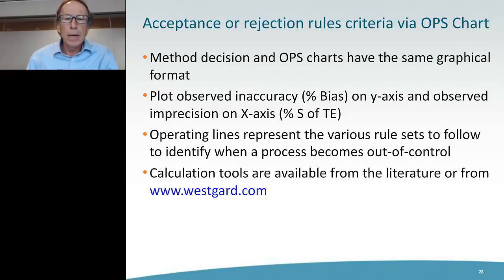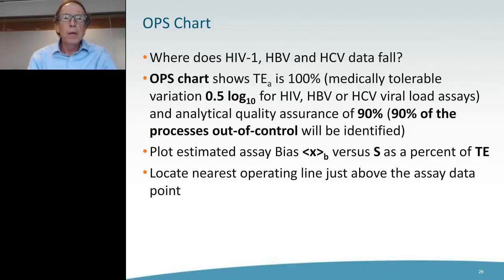And then the operating lines represent the various rule sets to follow to identify when a process becomes out of control. If you go back to one of my earlier comments, is that out of control from normal biological variation, or is that out of control due to assay drift or reagent lot change? Or is it a completely true assay and it's just normal variation, or the patient is undergoing some sort of therapeutic response? Now, all of this information is readily available, and I highly recommend going to the westguard.com site to get these formulas and graphs. So for the OPS chart,